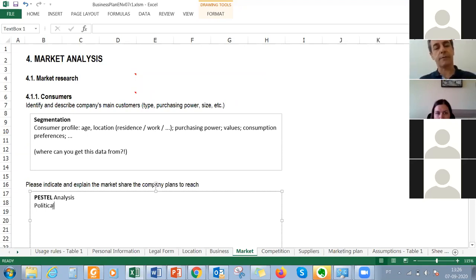So it's a kind of analysis, legal. So it's a five factor dimensions